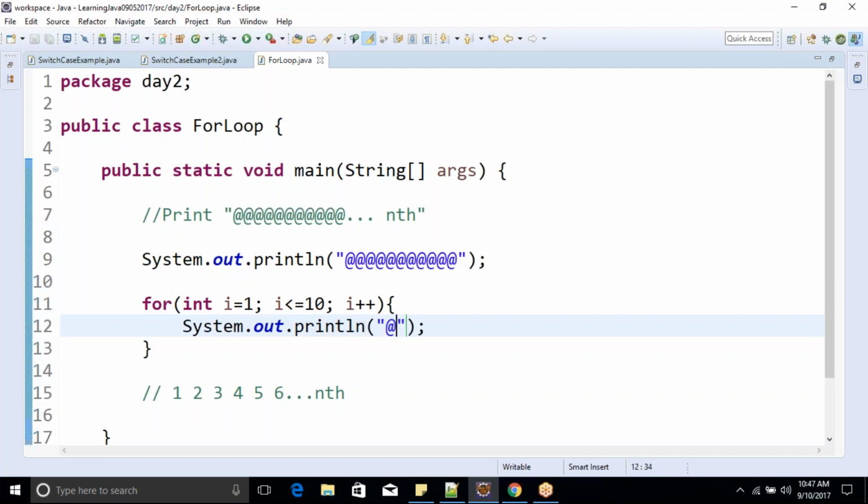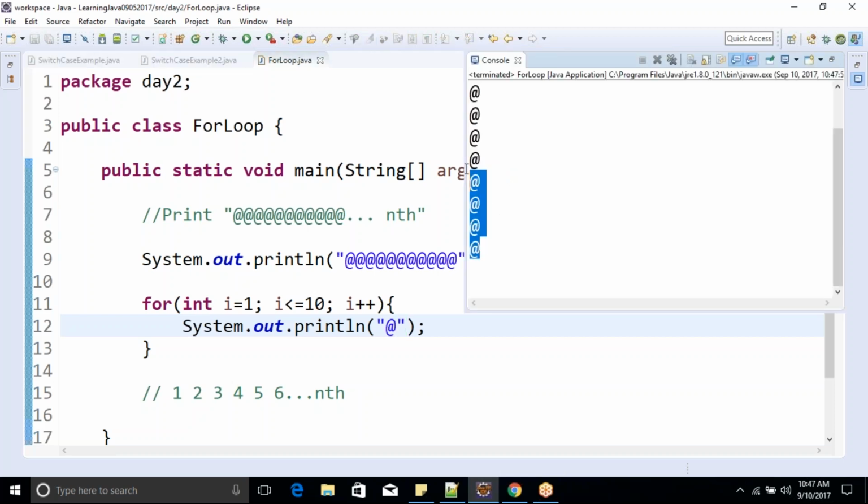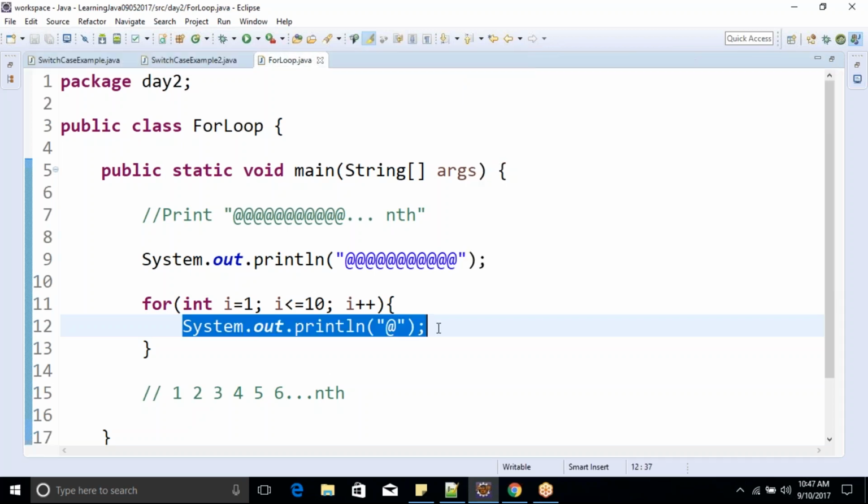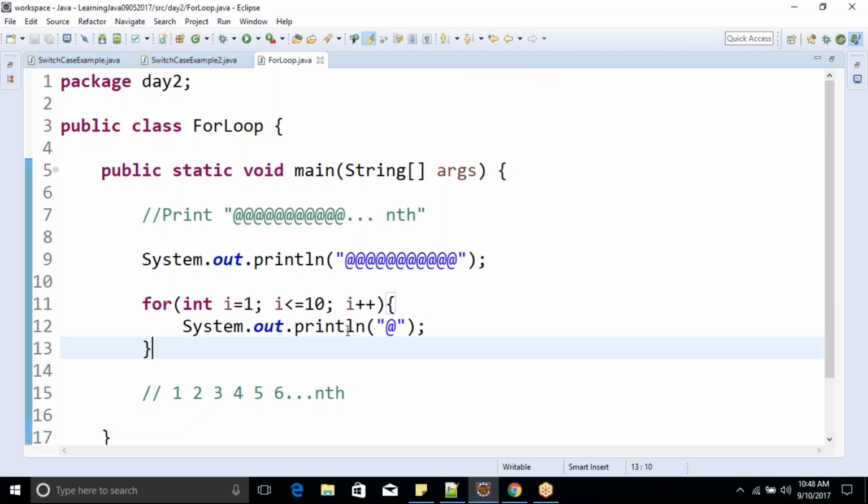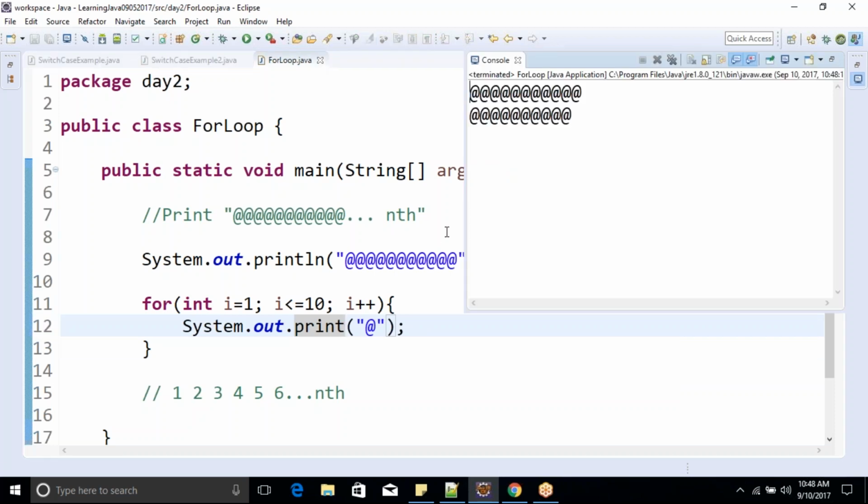Okay, when I execute this code, you will see that the code is executed, but everything is printed vertically. Why? Because after executing this statement, it went to a new line. After every execution, it is moving to a new line. This ln means new line. Now, if you just remove this ln from the statement and execute this code now, you will see that,